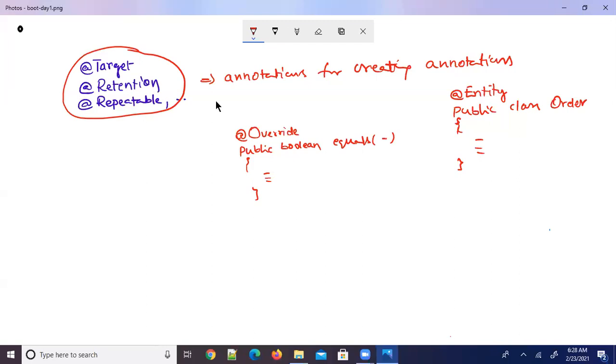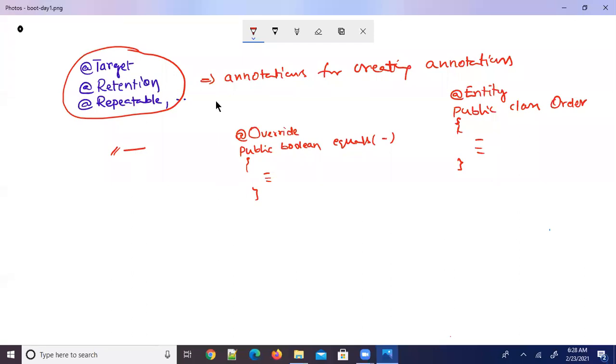Annotations in code begin with the @ symbol, which indicates to the compiler that this is an annotation. Like, for example, you write a / character, which tells the compiler that this is a comment line and not to compile it. At the same time, to indicate that this is an annotation, the @ symbol is provided.